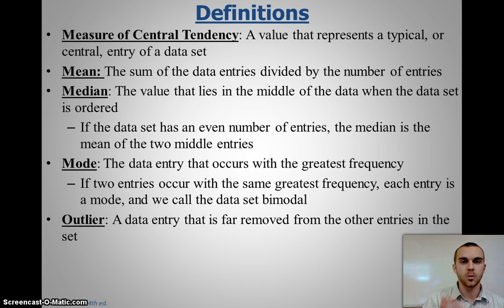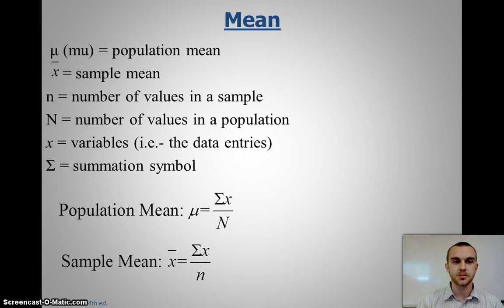Last thing is we have to also pay attention to outliers in our data. An outlier is a piece of data that's well removed from all the other entries, and that can influence our measures of central tendency. So the first one is the mean, and often we talk about both the population mean